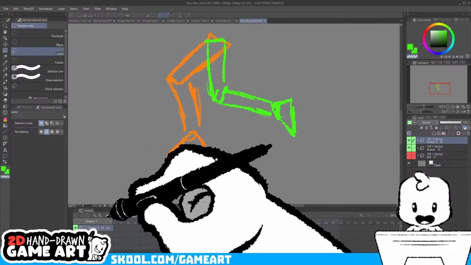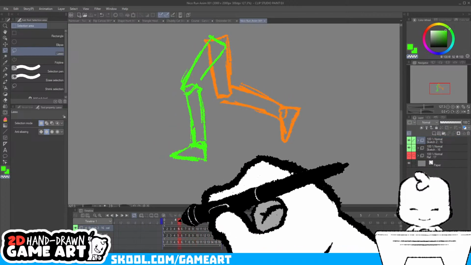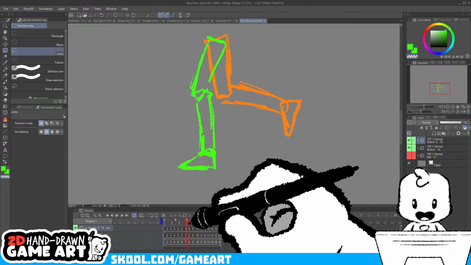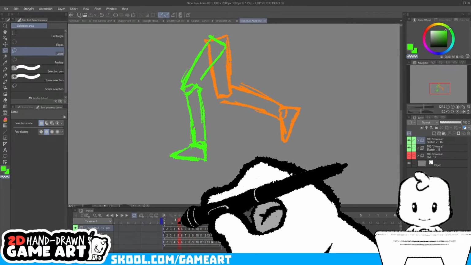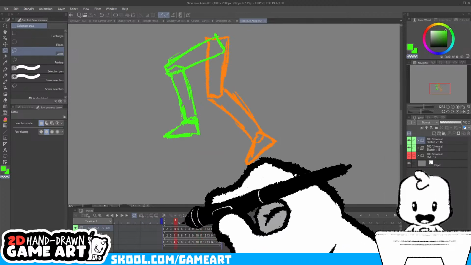We can see there's a big slowdown happening here because it's easing into this motion, which I'm not sure if it really needs to do. And then there is, let's see.